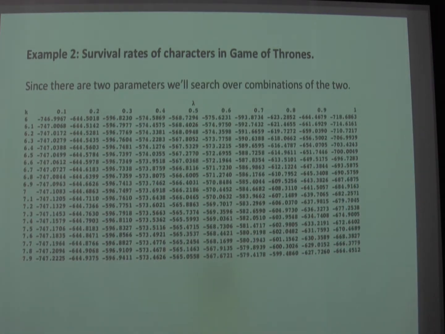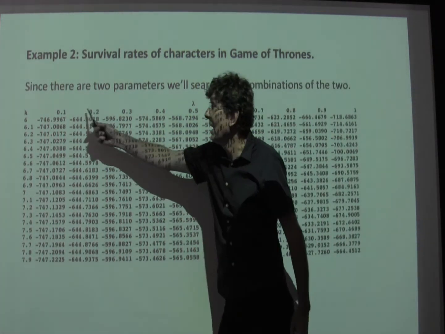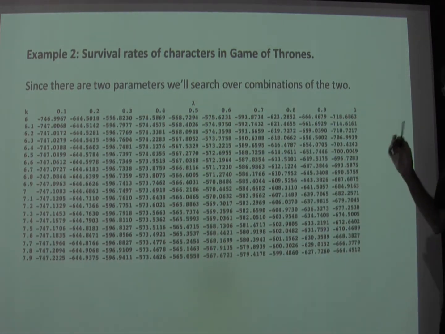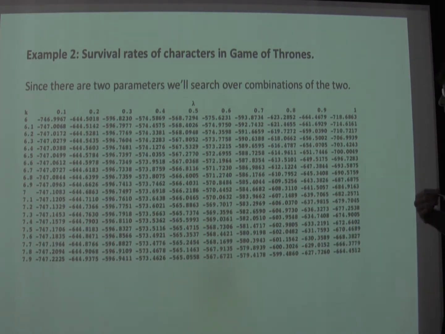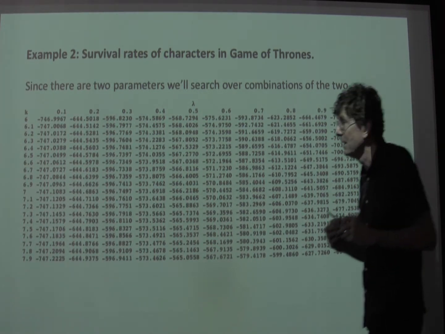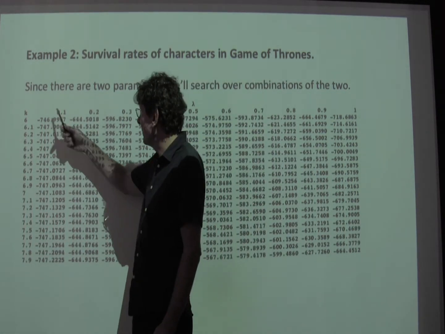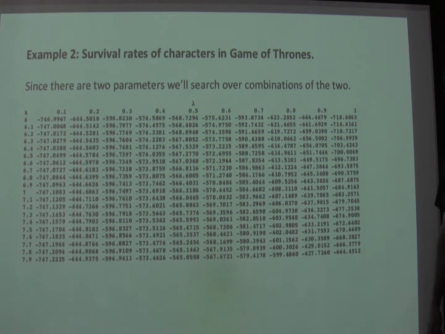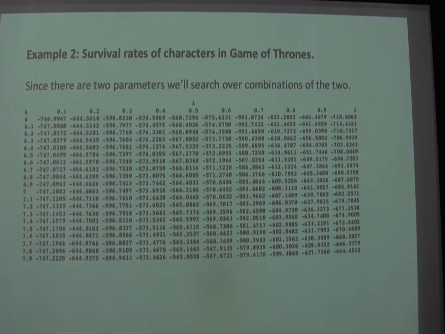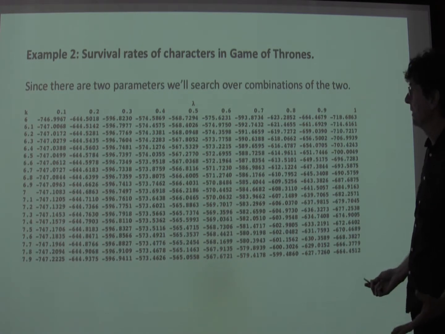And so I did kind of a grid search. And here I show you part of it. Here's different values of lambda. You know, the first search was very coarse. Different values of lambda from 0.1 to 1. And I could have gone larger than 1, which I did, but it doesn't all fit on the page. And then, you know, for each value of lambda that I tried, a long list of possible values for k.